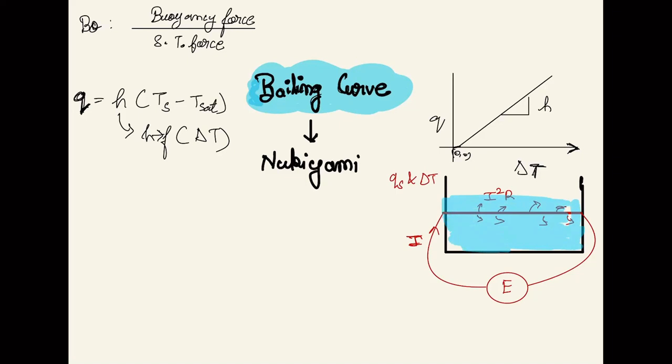He had thought of this experiment, and basically here the power will be calculated using the product of E and I. Now this wire is immersed in water, so it will be transferring heat. The resistance of the wire will be a function of